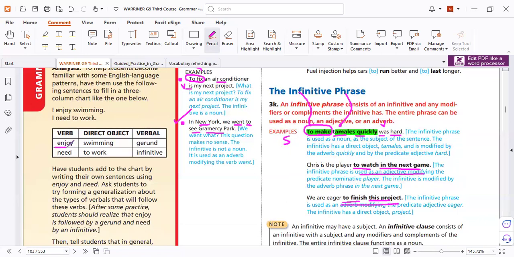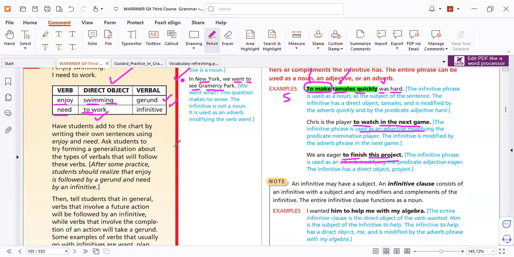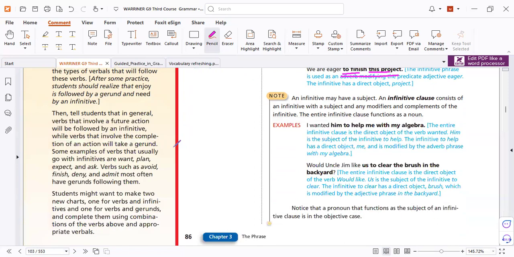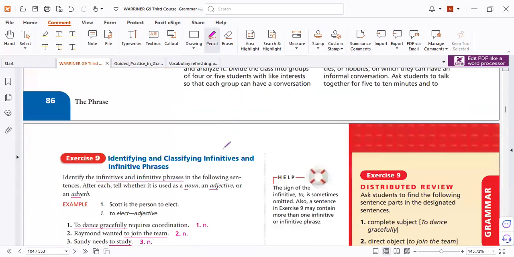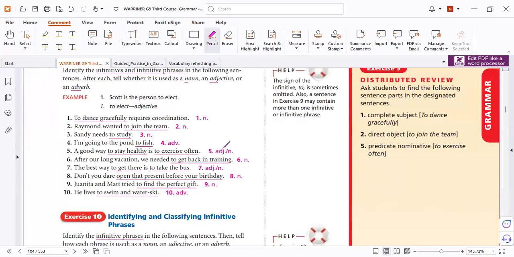As you see here, look, enjoy verb, after it a direct object. So we call it gerund. Here after the verb we have infinitive, so we call it infinitive, because to plus infinitive. Here ing after verb, so gerund. That's the simple difference. Okay. And here we have a lot of examples.